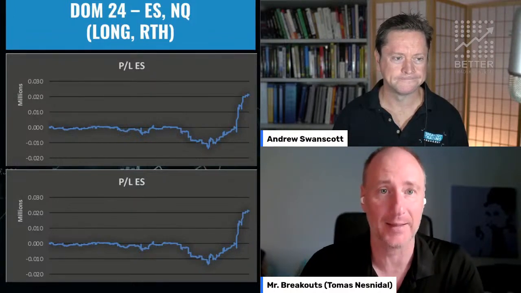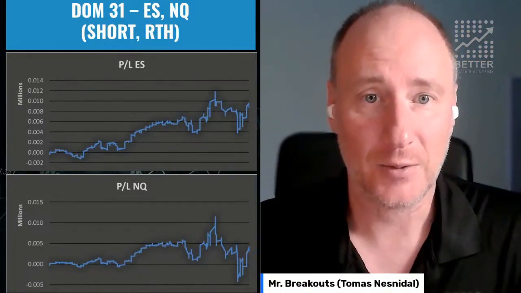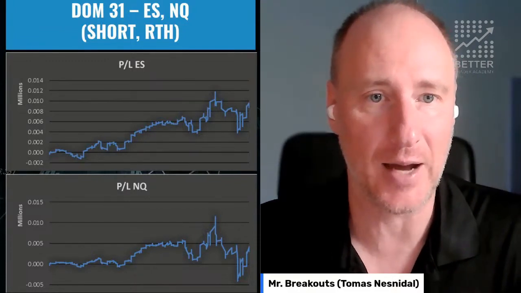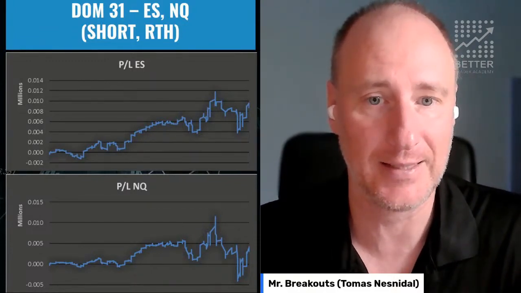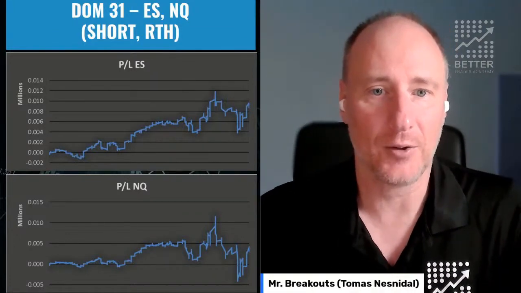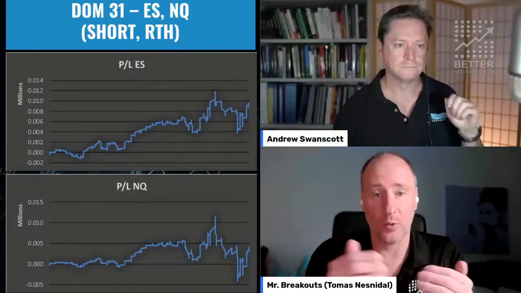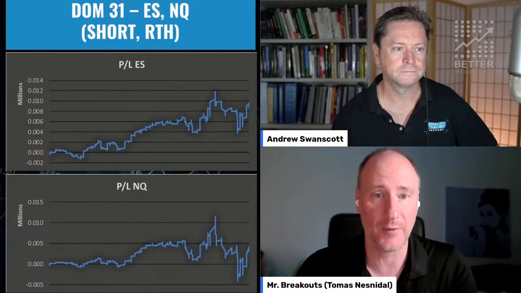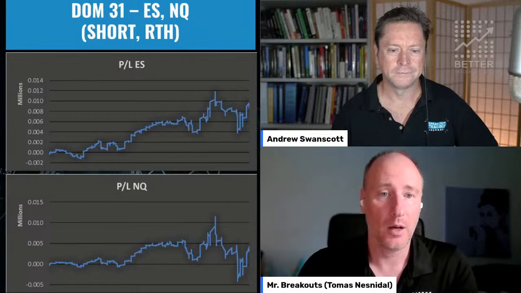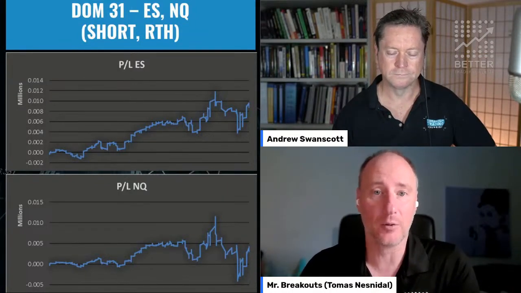Now, the last one, we had day 31, which is the last day of the month, and we saw a sharp drop suggesting a downtrend. This one, I do not see it on the intraday. I do not see it if I have a look at intraday movements. It's very confusing. Although we do have some suggestion of a down move on Emini NASDAQ the last day. So I'm still confused about this one.